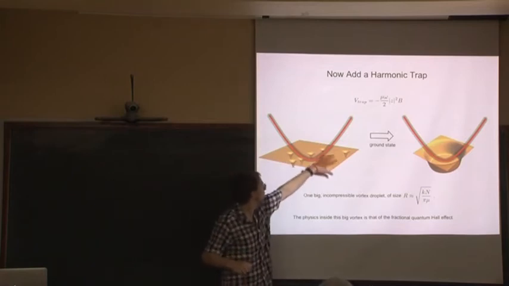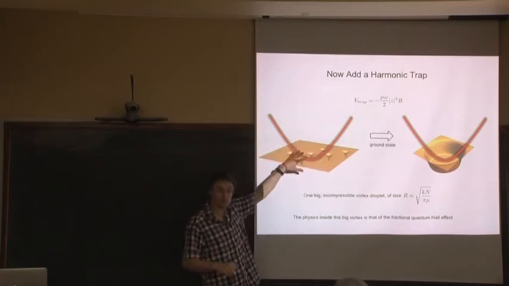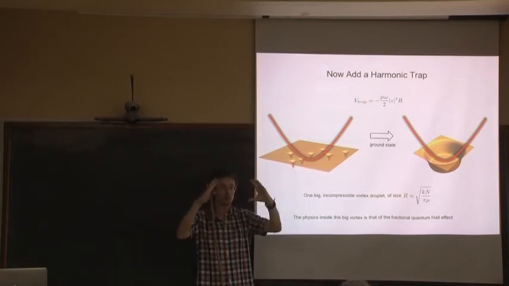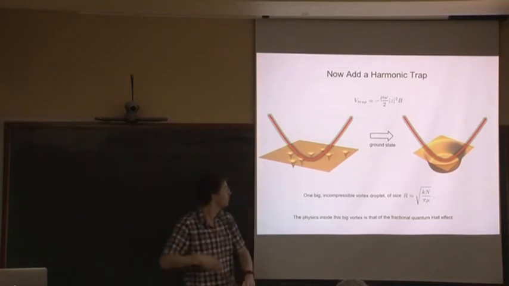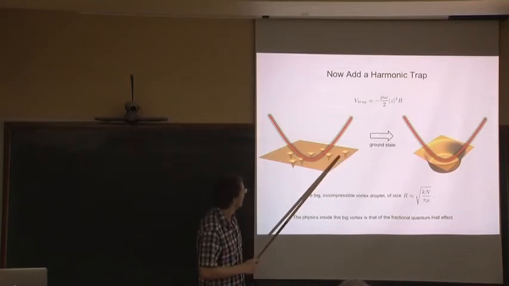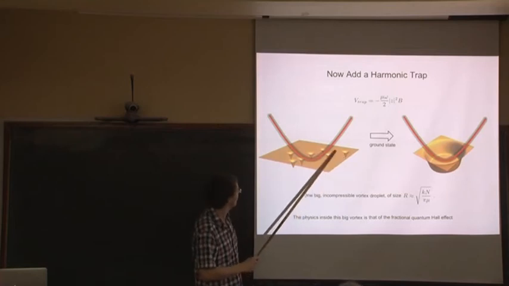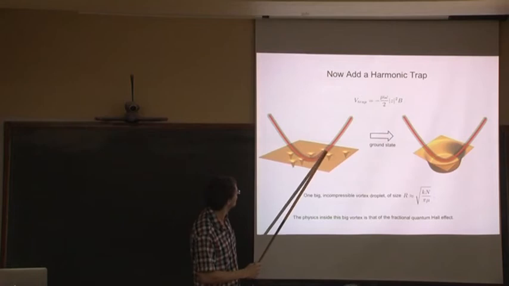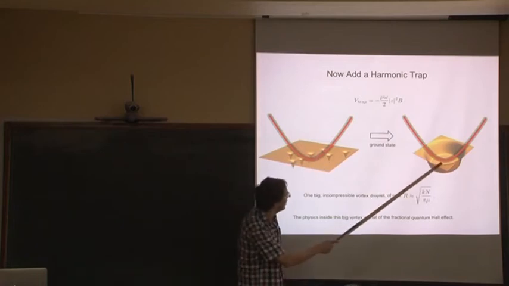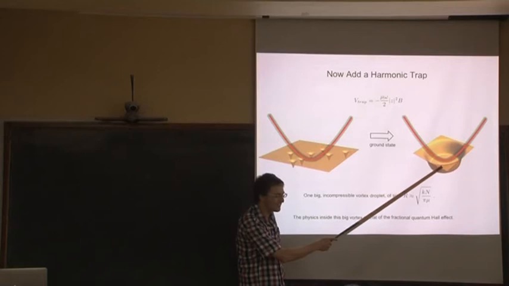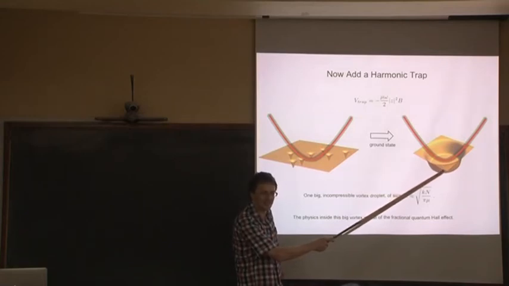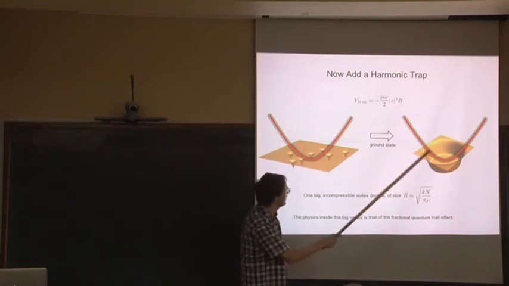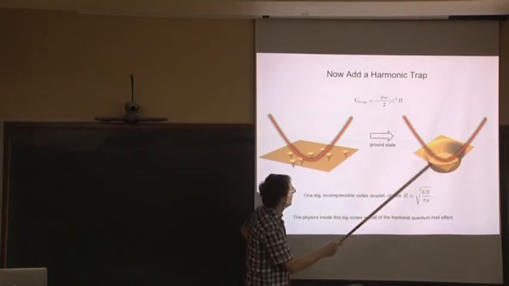So what does this mean? It means that previously we had these vortices sitting anywhere, and all of these were solutions. In the presence of this harmonic trap, the solutions are when all the vortices cluster together to form one big vortex. So these are actually solutions that Carl made on Mathematica. This is solutions with 7 vortices sitting at random places. This is the solution for, I think, 70. Is that right? I think about 70 vortices in the ground state solution. So you can see that it forms this kind of big object.